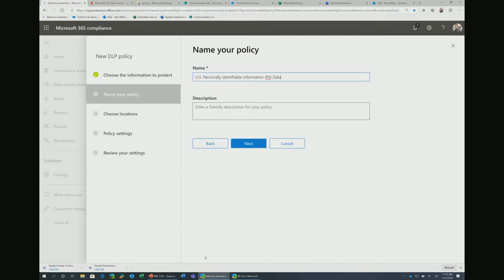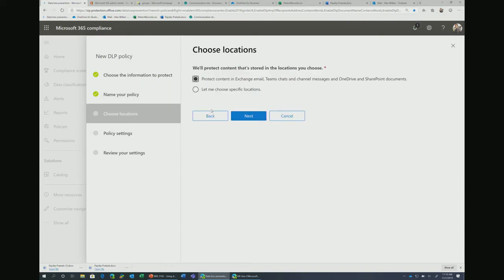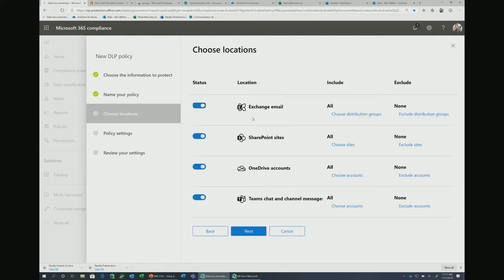So once I've selected the kind of data that I want to protect, I give it a nice friendly name so everybody in my org knows what this is intended to do. I get to choose where I want this policy to deploy. Now, of course, by default, we help you configure this across the service, but we do give you those fine-grained controls to choose, to exclude. For example, I could create a Teams-only policy that only applies to Teams chat channels and messages, or of course I can expand it to the OneDrive and SharePoint sites that my users are using to share the sensitive data